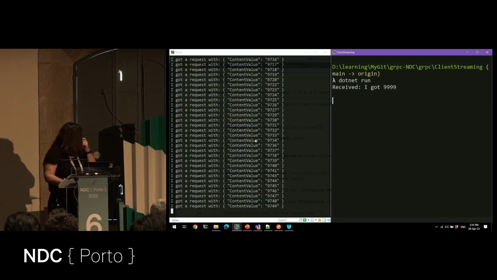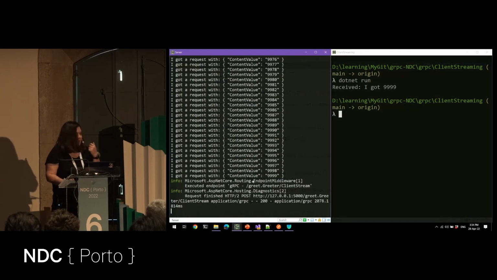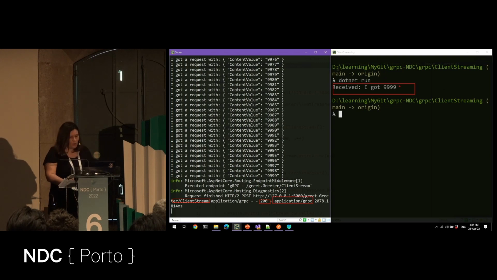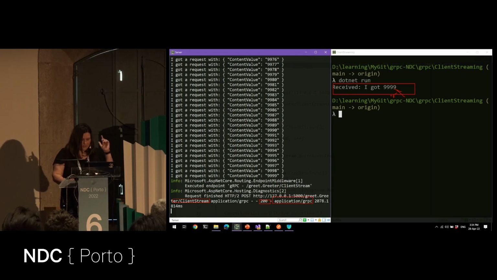So you see, on the server, you get values, and several of them. Which means that the client sends things. It's one TCP connection in there, and it sends a lot of things. What you can see here is the method client stream that was called, 200 OK as an HTTP status code, and application gRPC. Okay, and in here, the response to the client was the last I that was sent to the server. Okay, so this is what is received as the next value.